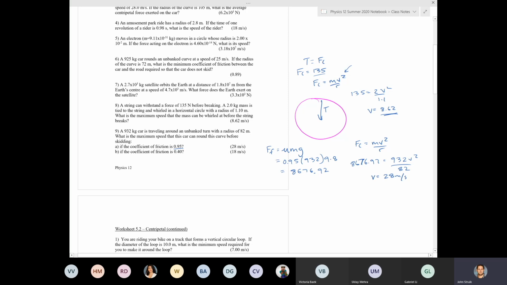Okay, and then the same for B. So again, all you're doing is using what you can call an upper limit, right? You can have a force up to a certain point, and anything less than that. So any speed less than 28, it's actually 27.6 or whatever. So technically it's not 28, but any speed less than that means that your FC is going to be smaller